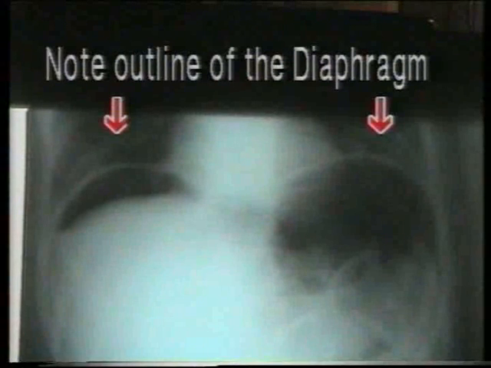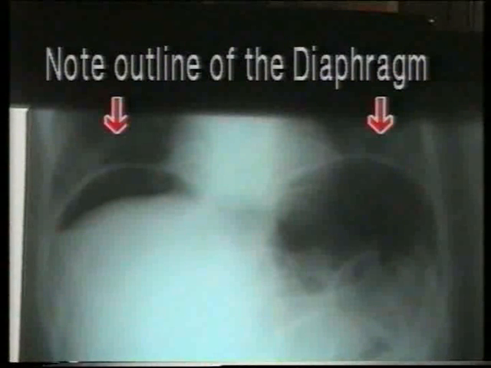This is a standing X-ray of the abdomen showing gas under both the domes of the diaphragm. Note the thin, smooth, dome-shaped outline of both the diaphragms. On the left side, this outlining of the diaphragm tells us that this is not the stomach bubble, but it is free gas under diaphragm. Similarly, on the right side, the thin diaphragm shadow rules out a liver abscess with fluid level.